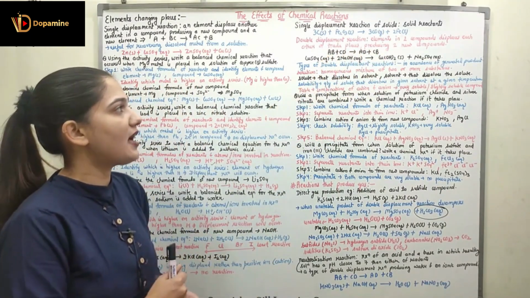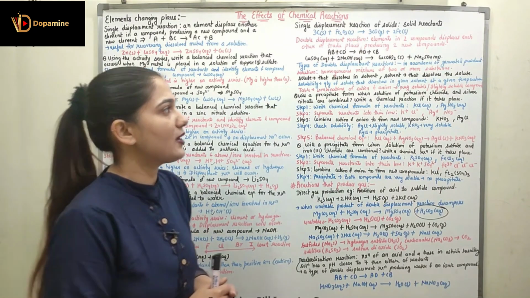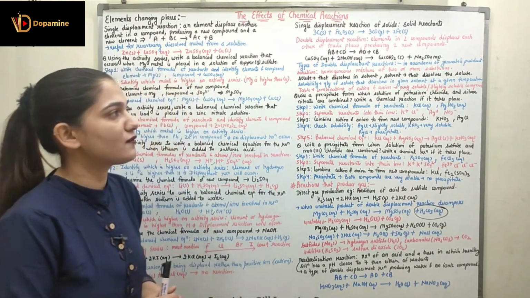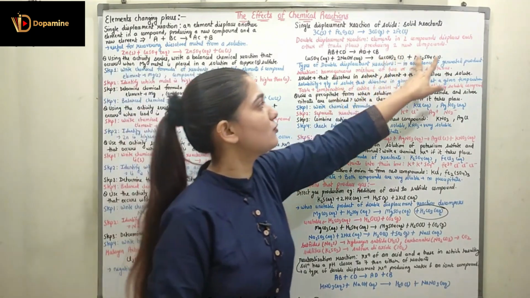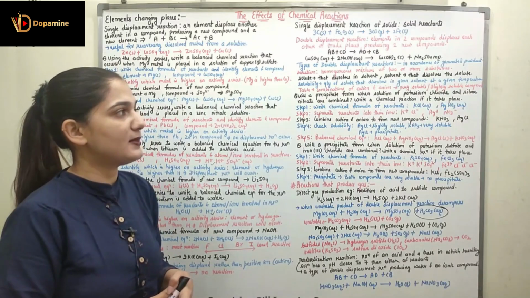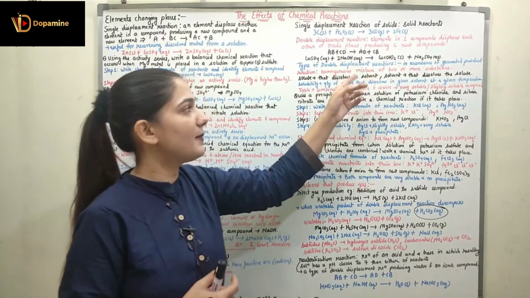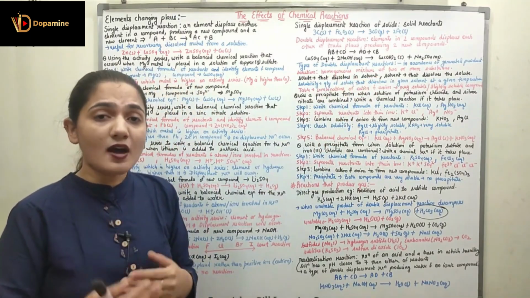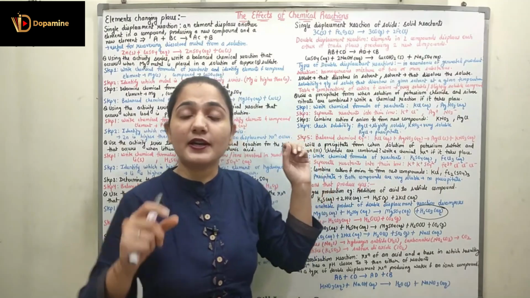For example, we have CuSO4 in aqueous plus 2NaOH in aqueous gives Cu(OH)2 in solid plus Na2SO4 in aqueous. Right, here you can see we are going to form the 2 new compounds. Now coming to the types of the double displacement reaction. Now we have the various types of the double displacement reaction. How are we going to classify the types? In accordance with the generated product, right?